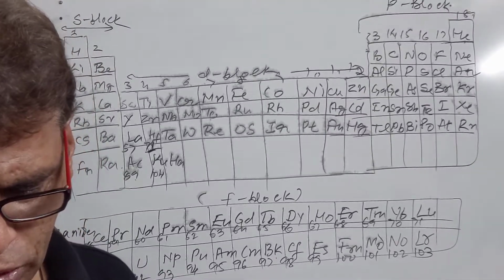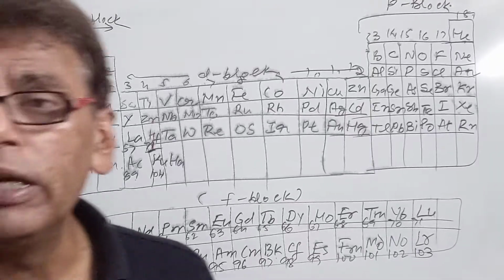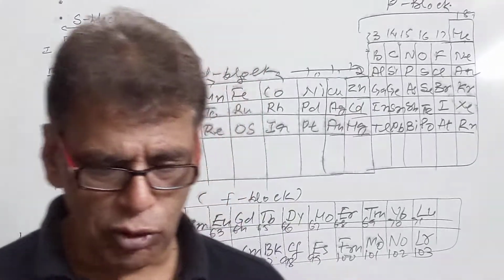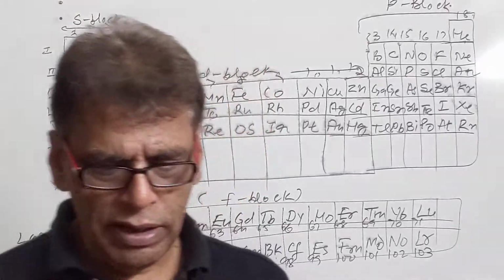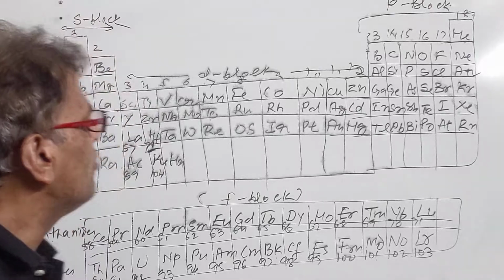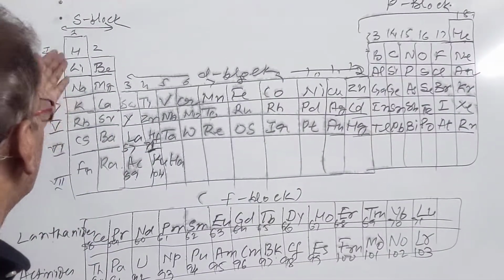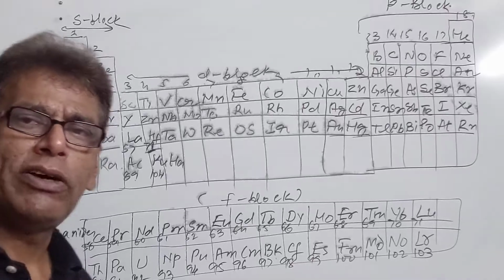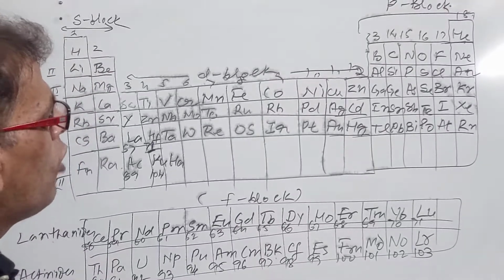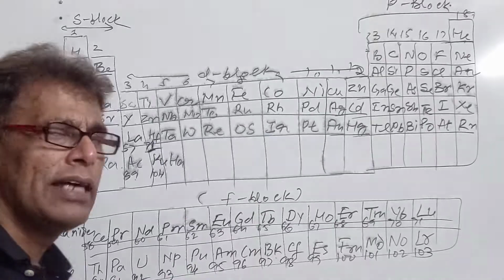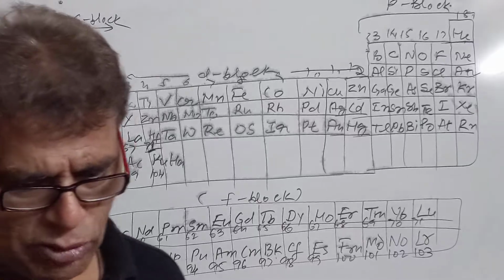Now in this periodic table, all the problems which were faced by the Mendeleev periodic table have been removed. Now let us discuss the position of the elements in the modern periodic table. It is very easy to memorize all these elements, and the study of the groups and the properties of the elements became easy. It is based upon atomic number, which governs the valence electrons, and valence electrons govern the reactivity of the particular elements.